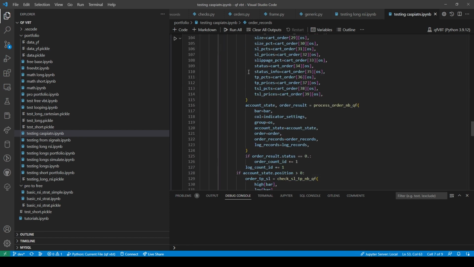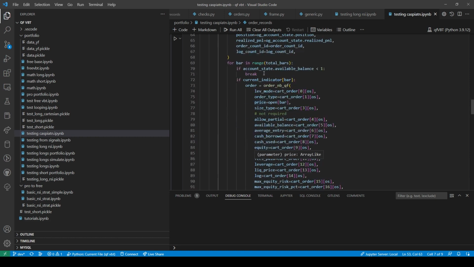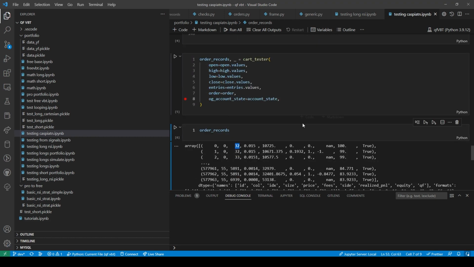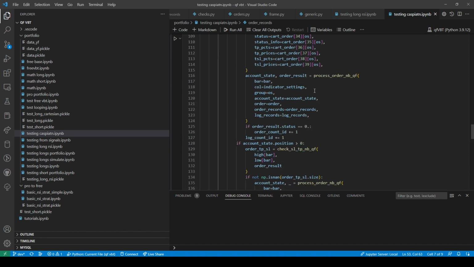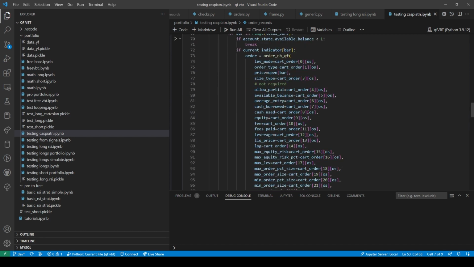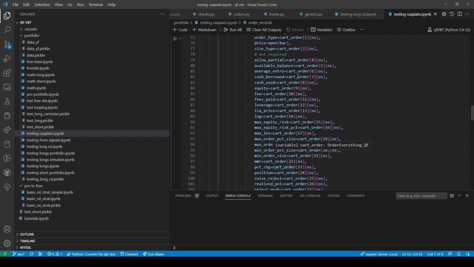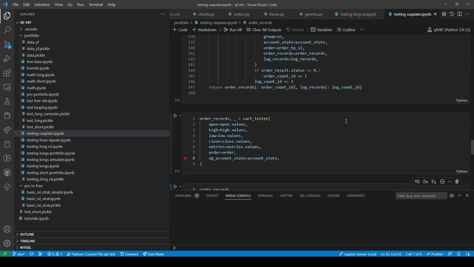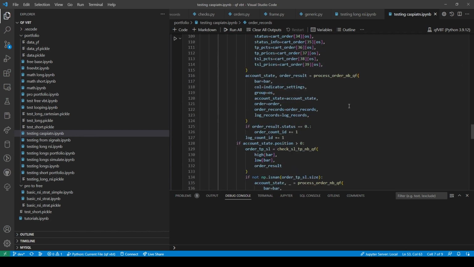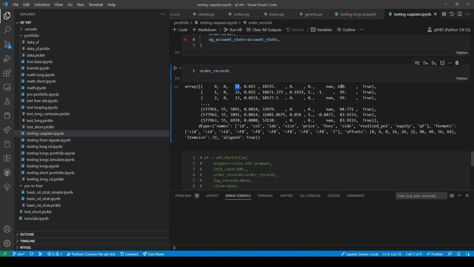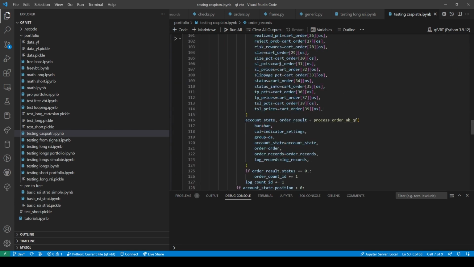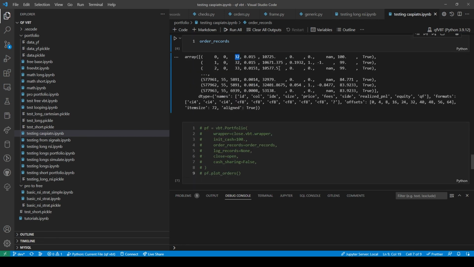And then I would have to have every single one of these things inside of the order records. Each and every single one of these things has its own column. And then I would have to come out here and map each one of those to the field names of the tuple and put that inside of this,